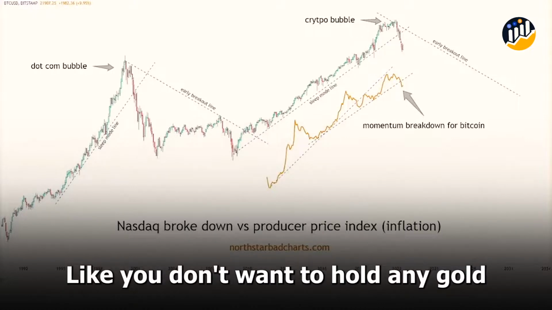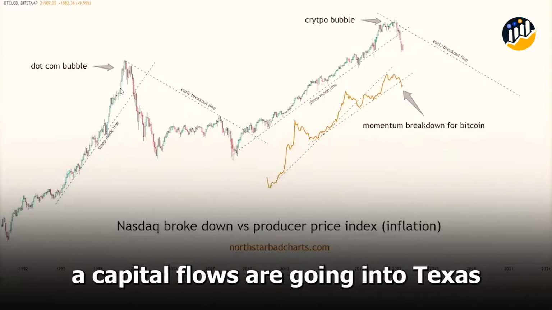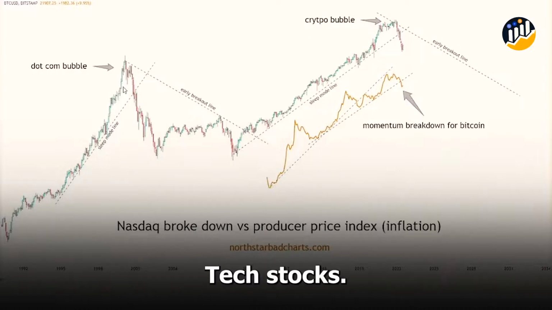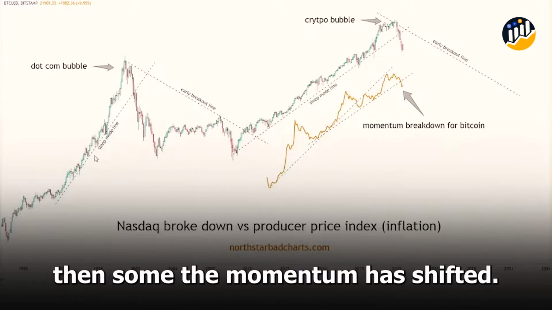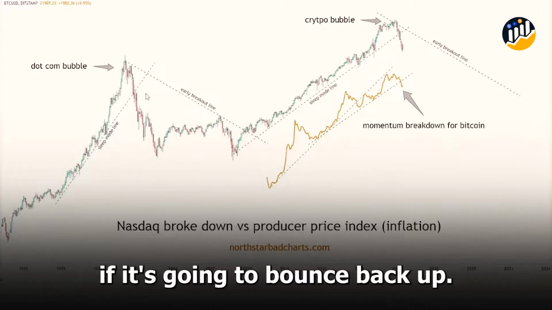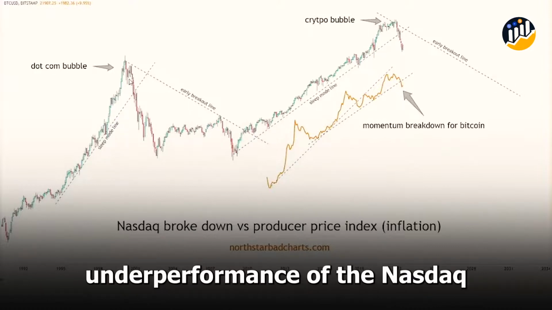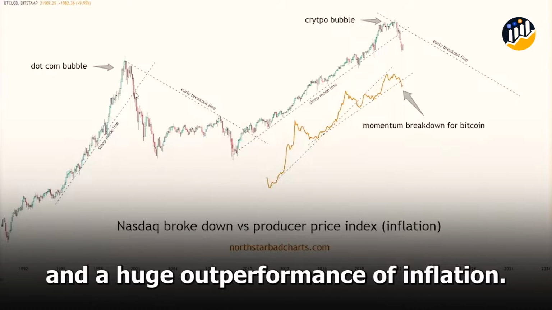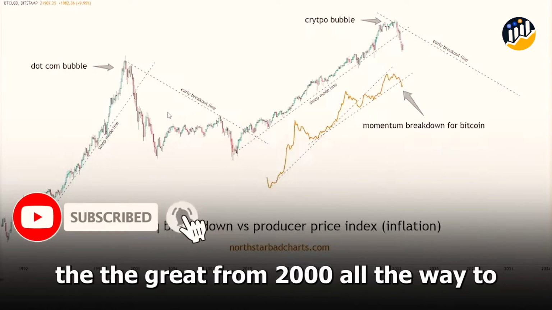You don't want to hold any gold. You don't want to hold anything when the NASDAQ's performing that well. That means the capital flows are going into tech stocks. As soon as that breaks down, the momentum has shifted. You don't know if it's going to bounce back up, but in this case, in the .com bubble, it was a huge underperformance of the NASDAQ and a huge outperformance of inflation. And we all know that gold, silver, all that stuff, the oil, they did great from 2000 all the way to